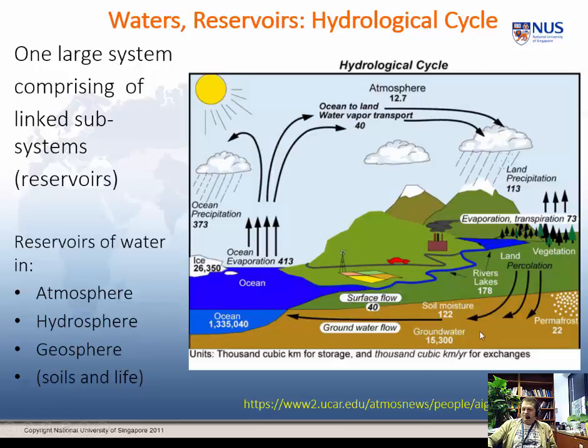It's a complicated system, and bear in mind what I said earlier. The fact that you emit pollution in one place doesn't mean it will still be there waiting for you. These are the types of environmental processes that move things around. We're not going to talk about the chemistry that goes on in some of these, not very much anyway, but nonetheless all of these act to move stuff around. The numbers on here are thousands of cubic kilometres for storage and thousands of cubic kilometres per annum for the exchanges, the black arrows.